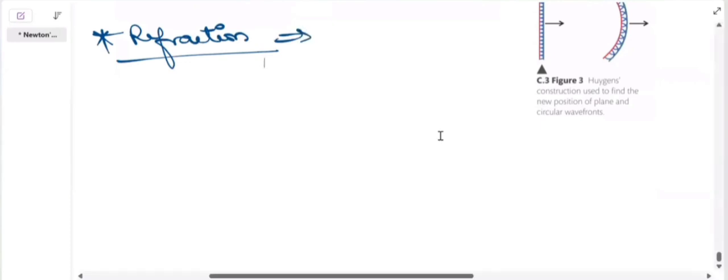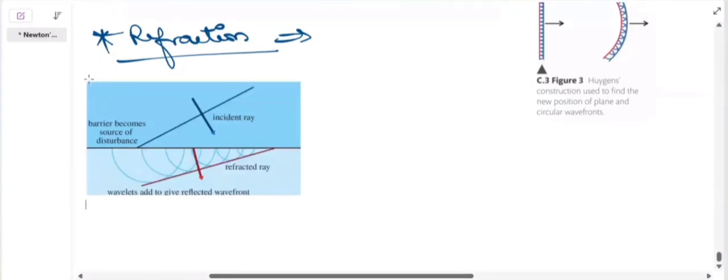Now after this, we do have the refraction pattern also. Now, what happens in the refraction pattern of the wave? Let me show you that also. Refraction follows the law of refraction. First, when it travels from rarer medium to denser medium, it travels towards the normal. Second rule is from denser to rarer, it will be traveling away from the normal. Third thing, sin i over sin r will give you the refractive index of that medium.